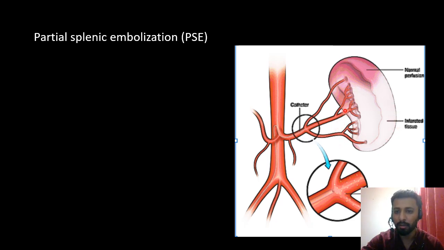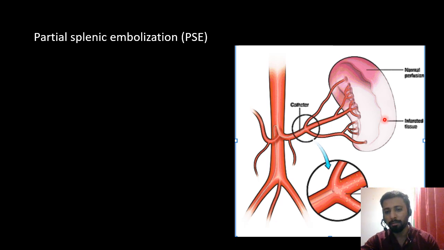We always prefer doing embolization of the lower pole of the spleen, because if we embolize the upper pole, the patient usually has some amount of pleural irritation and reactive pleural effusion after the procedure. So that is why we always prefer embolizing the lower pole of the spleen. So we inject particles called polyvinyl alcohol particles, and sometimes we use gelfoam, and we embolize the lower